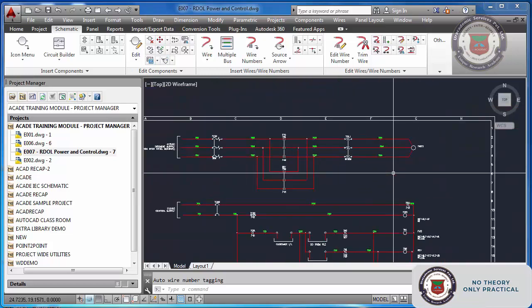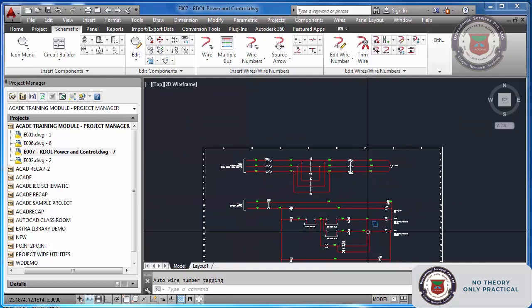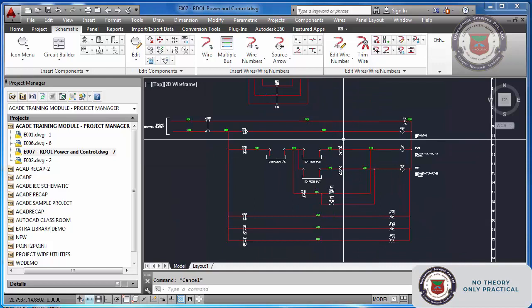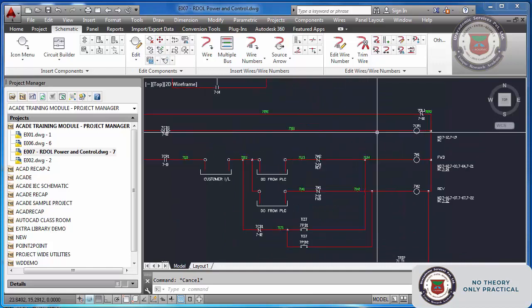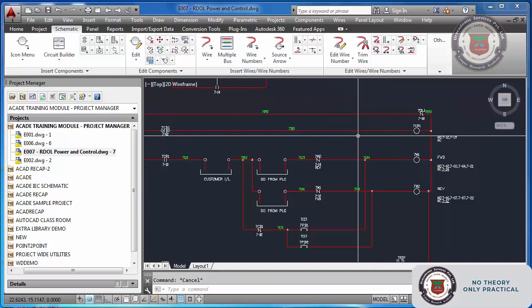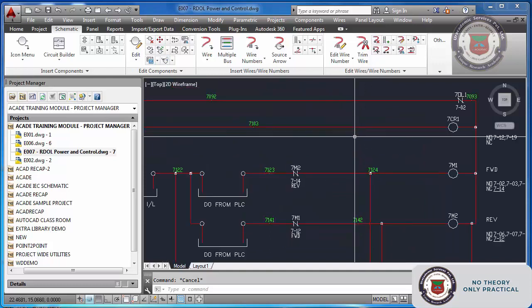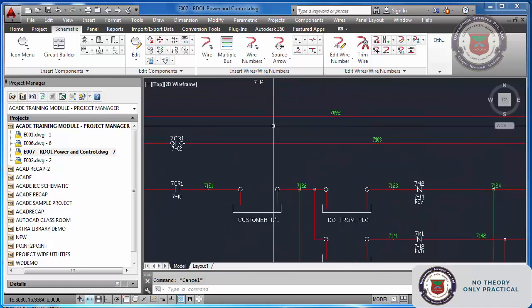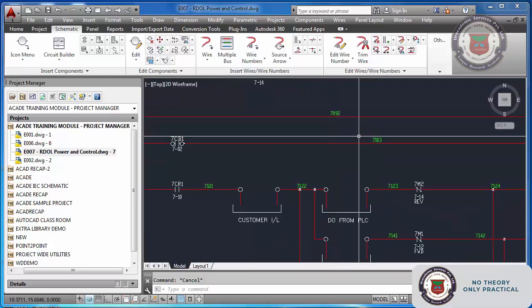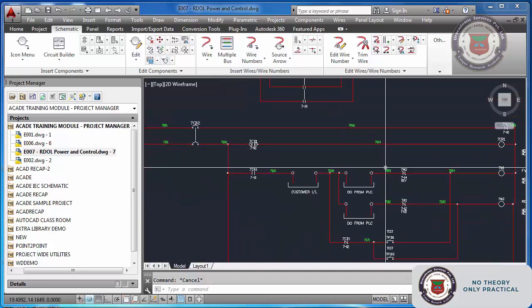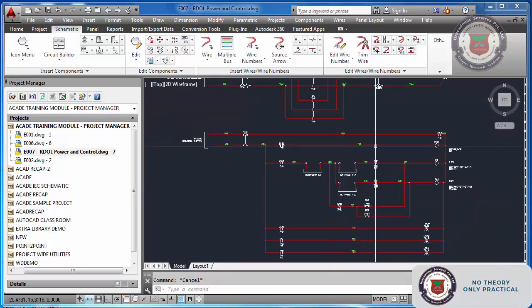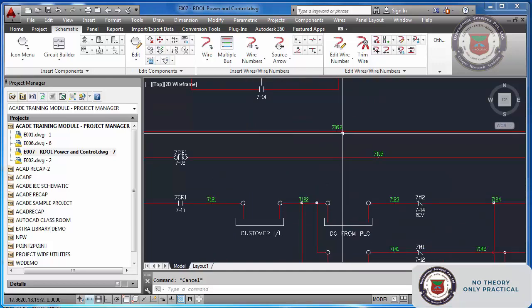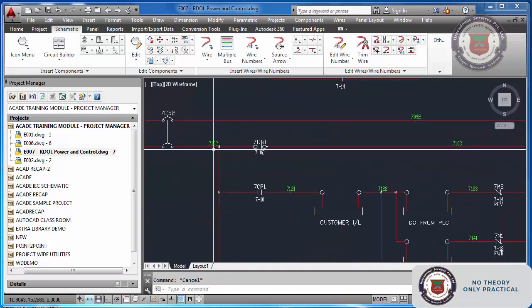And if you want to align the wire numbers, as far as this control and power is concerned, the drawing is through, but I believe it is not through, because being a good designer, what you should practice is you should make this drawing tidy. Now you see this one ferrule number is here, one here. Actually the methodology AutoCAD follows is it places the wire number in the mid of the wire. Okay, so this is the mid of the wire.